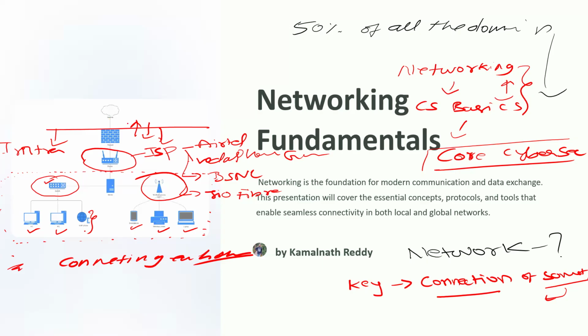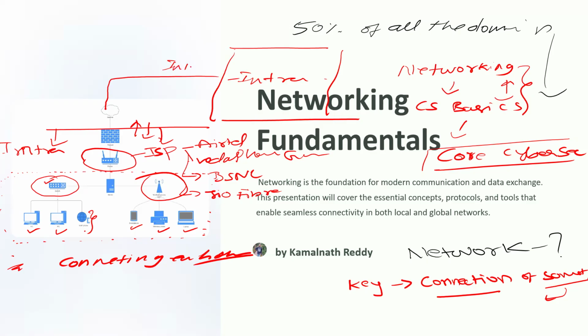Exactly the same replica of this office, or some different office, will be here. They also will have an intranet. When they come outside of this network, it is called internet. Whenever you go out of your home or your office, it's internet. Inside of your home or office is intranet. Please note this difference. Whenever you are in the office, you are in the intranet. Whenever you are connected to the Wi-Fi of your home and browsing something, that is internet.